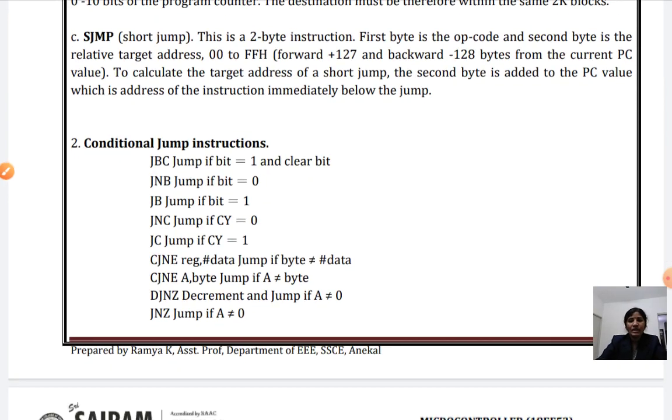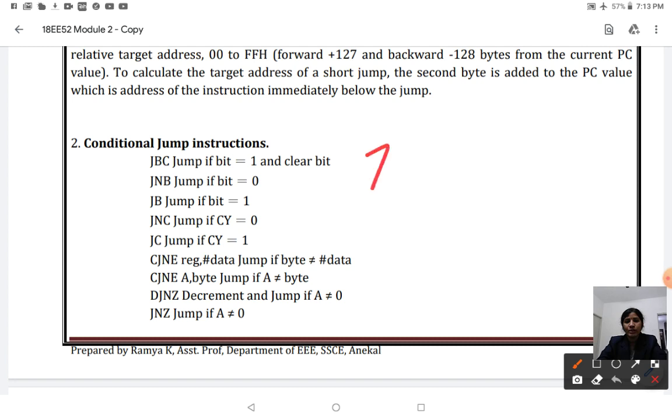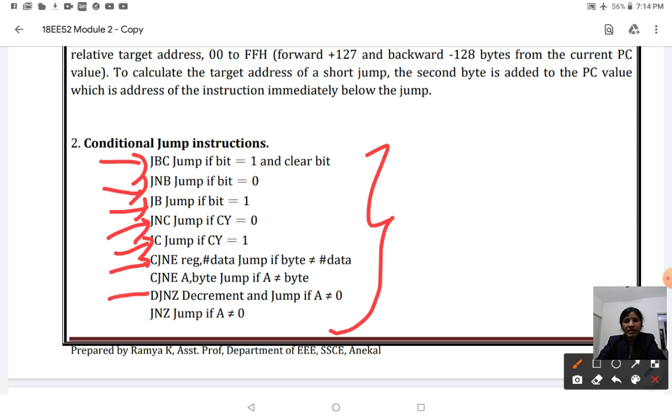So as we discussed earlier, these are some of the examples of your conditional jump instructions. The conditional jump instructions are JB, that is jump on bit, JNB jump on no bit, JNC means jump on no carry, JC jump on carry, CJNE compare jump on not equal, DJNZ means decrement jump on non-zero, JNZ means jump on non-zero.